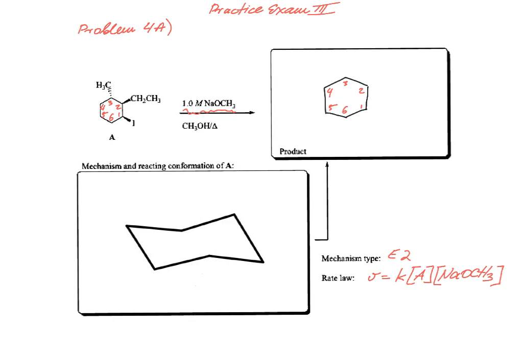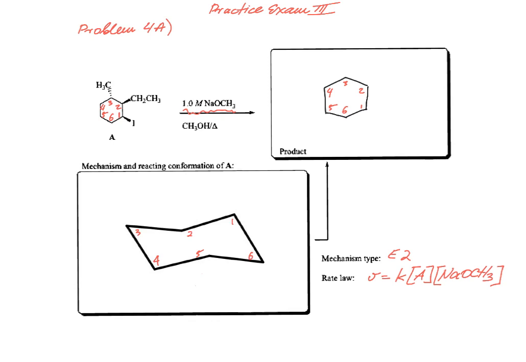Go ahead and number the ring to keep track of all of the carbon atoms as you transpose cyclohexane to a chair conformation. I like to begin with carbon number 1, which is the carbon attached to the leaving group. And since we number the cyclohexane here in a counterclockwise fashion, you want to proceed in the same way on the chair conformation. So I will go ahead and number the carbon atoms, and then I will draw the substituents